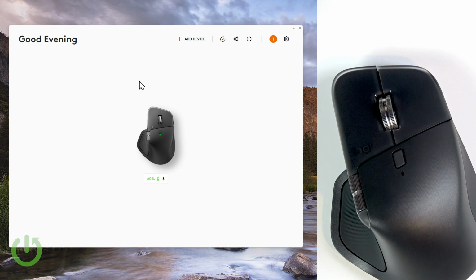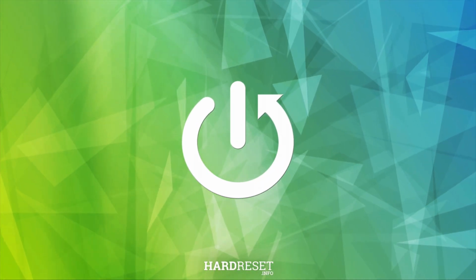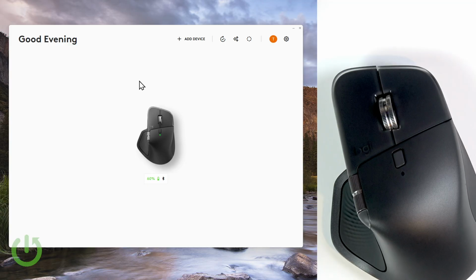Welcome. In this video I will show you how to customize Logitech MX Master 4 for multi-monitor workflow. I want to cover topics like enabling features like a haptic bump when moving between screens and assigning gestures to